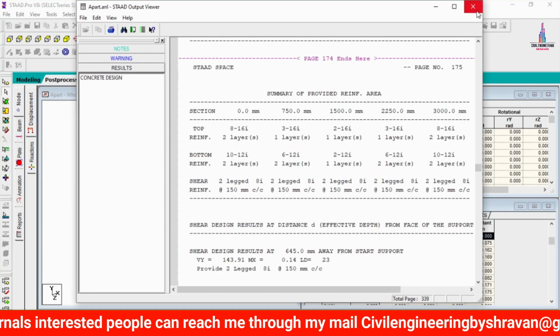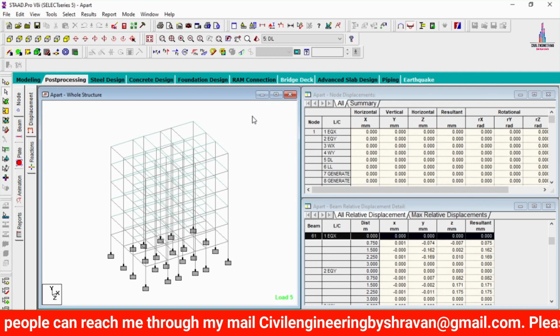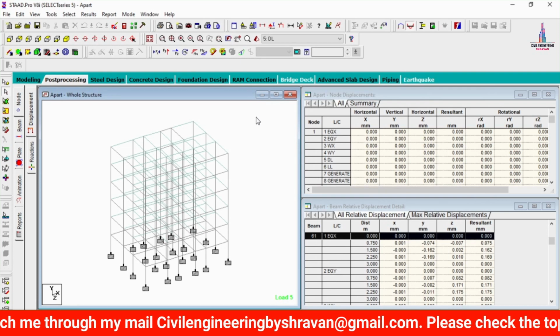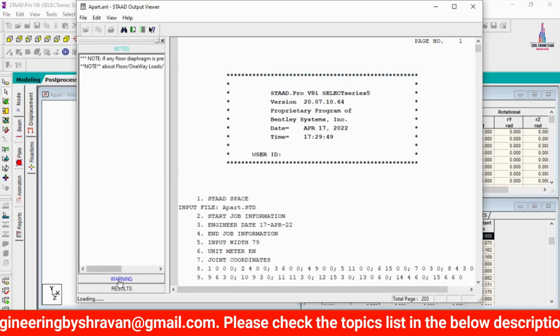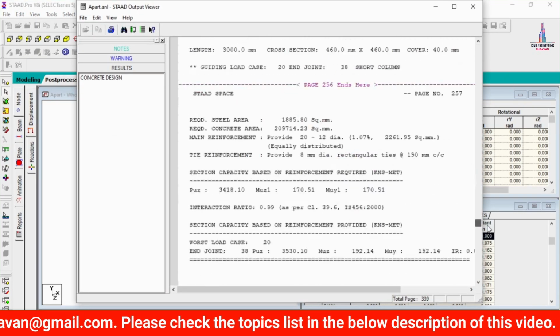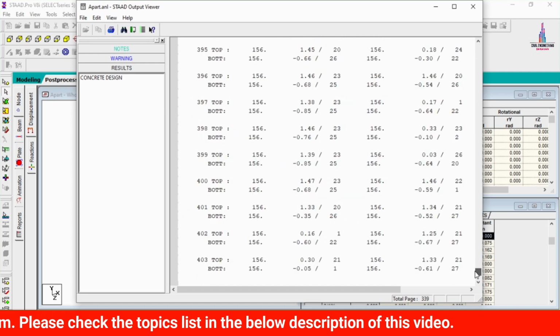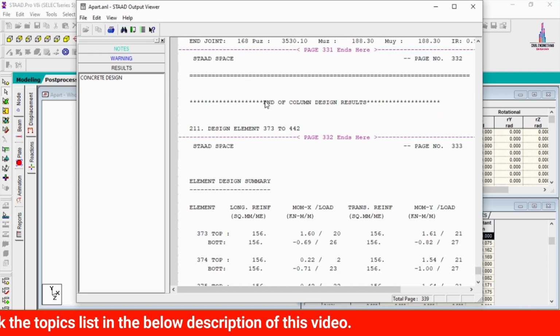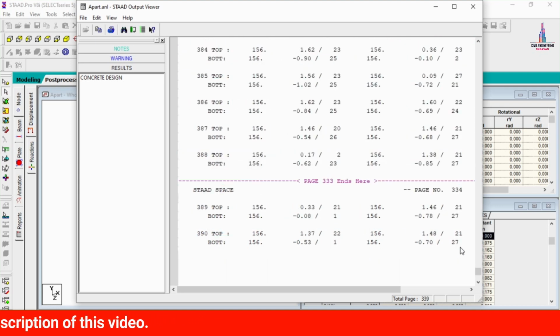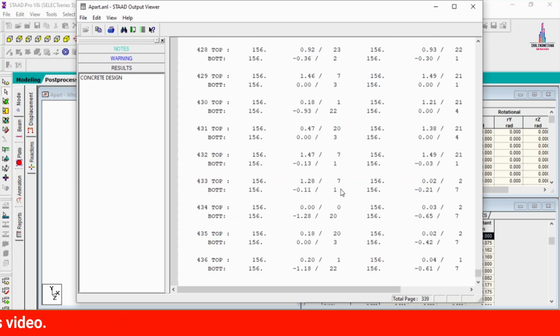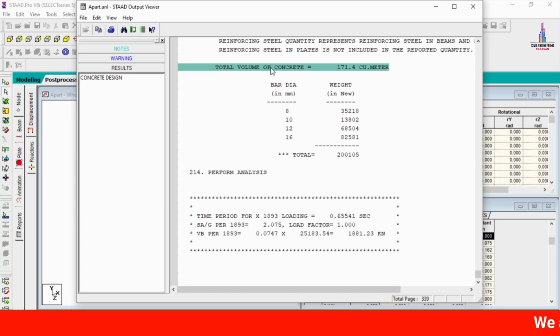This is the process we have to follow for the beam designing section as well as the column designing section. Again in the same process we can check the values related to the weight of the bars and the rebar percentage, which comes under the slab section. Now we can see this is the slab section reinforcement, related to the longitudinal reinforcement and transverse reinforcement for this particular structure.